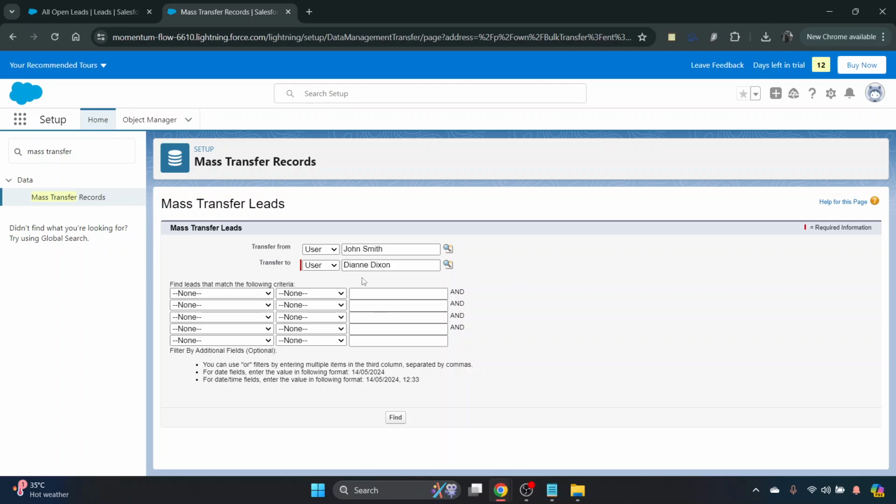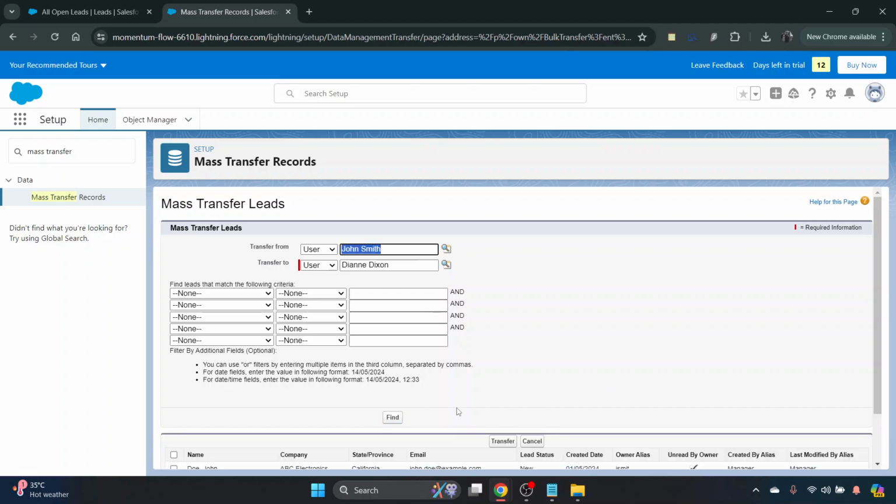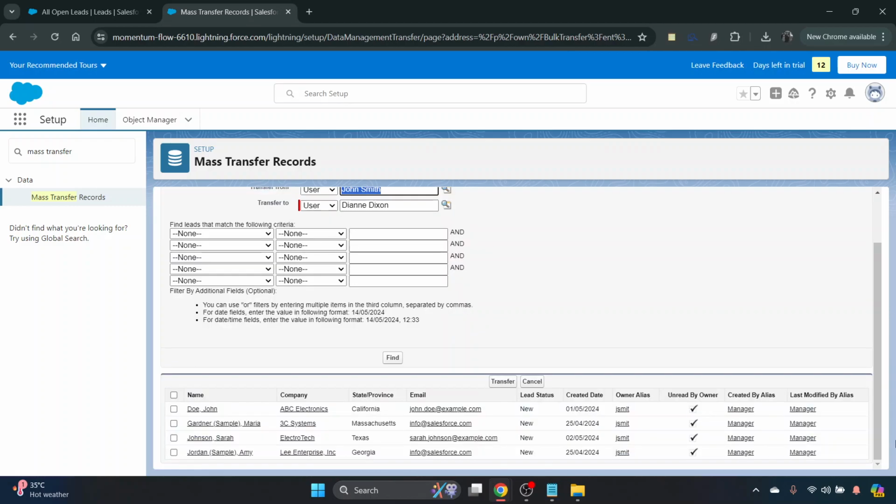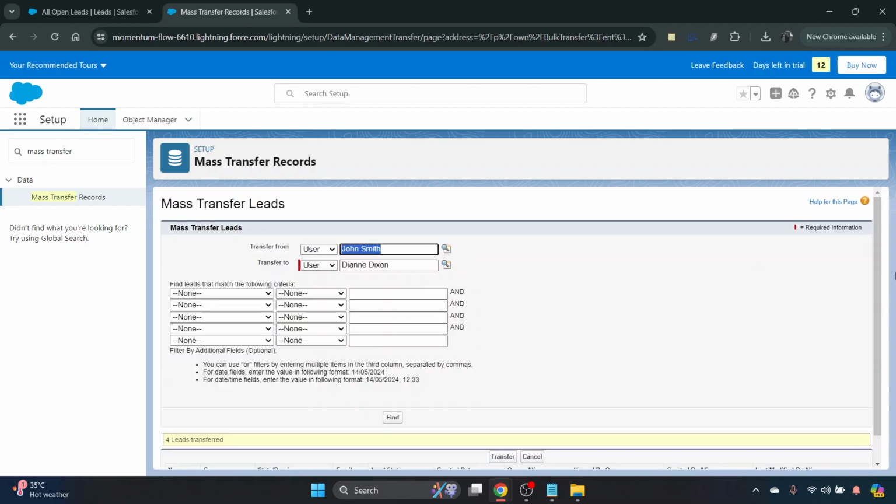If you wanted to just transfer everything, you would just click find. It'll come up with all of them. You can again search for the different ones and click them, or you could just click everything and transfer over. Once that's done, the 4 leads have been transferred, and that's as simple